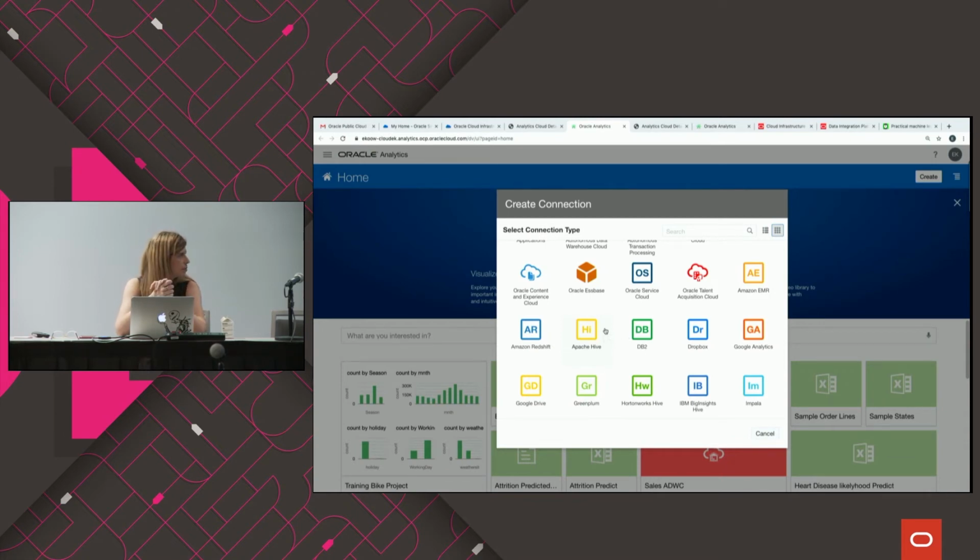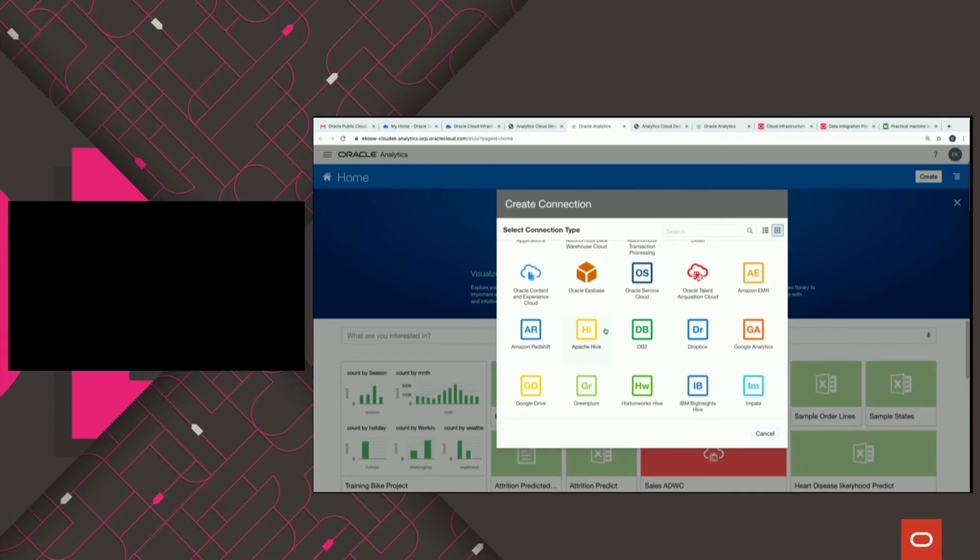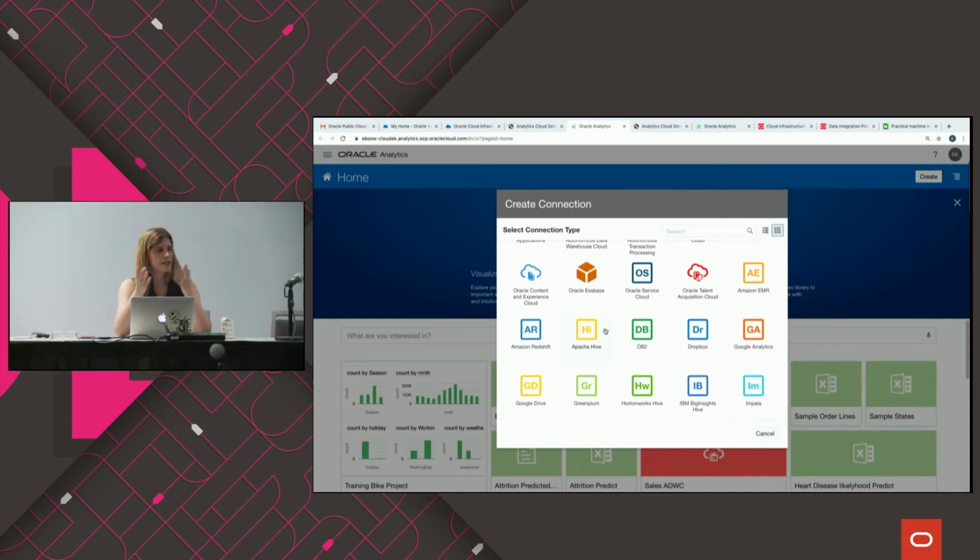One thing that is important to realize, this is quite easy to analyze data sets that are not huge. For example, if you have some huge data sets, maybe you want to use Oracle Advanced Analytics in the Oracle database, and you want to create your own model using machine learning for Python, maybe. So the idea, and it's the same thing with other features. You have the data flow right now in OAC that you can create a mini ETL. If you have to do some very complex transformations, you're not going to use that. You're going to use another tool like Oracle Data Integrator, for example. But the idea is that you have these tools